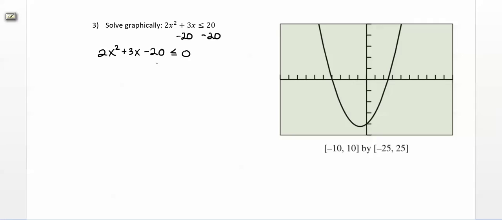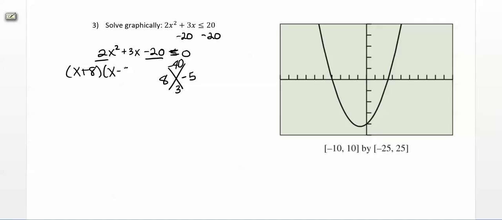Okay, now let's just pretend that this is an equal sign for now. Let's just solve this equation as if this was an equal sign. It's not, but we can pretend. So we would do some factoring, right? Multiply 2 times -20, that's -40. Put the 3 here. And then two numbers that multiply to make -40 and add to make 3 are 8 and -5. So if you use my method of factoring this way, you write x plus 8, x minus 5,